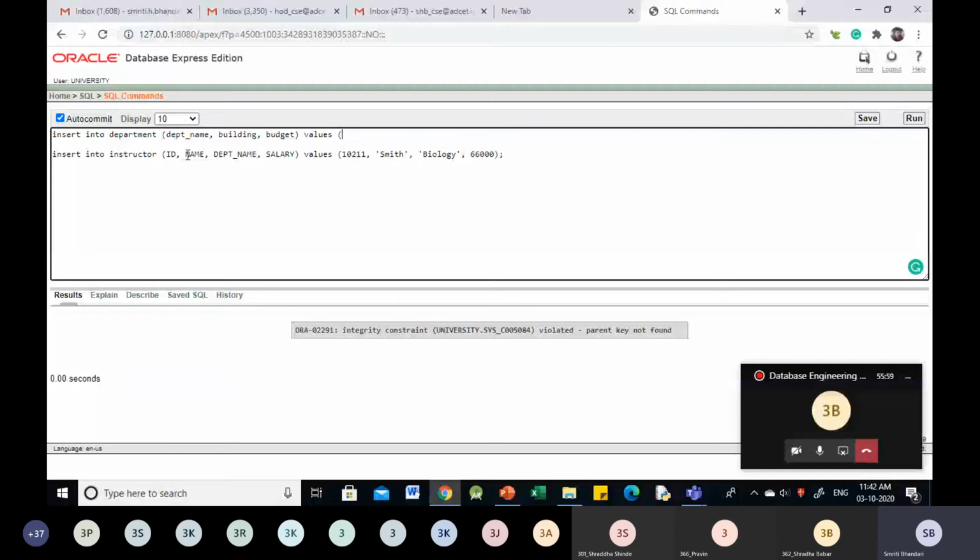So let us give the values. Department name, obviously we want biology. Let us say the building is Watson. Budget is say 90,000.